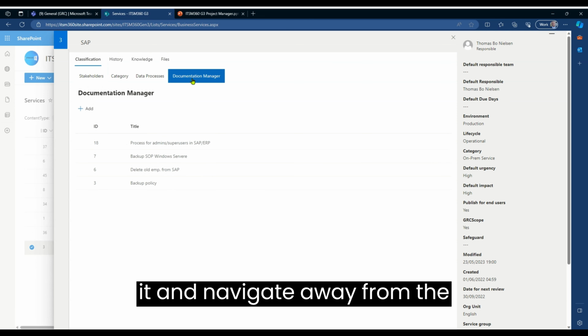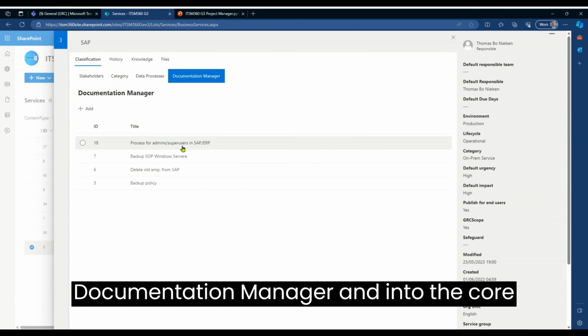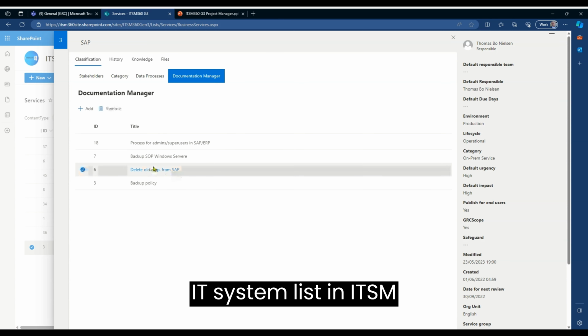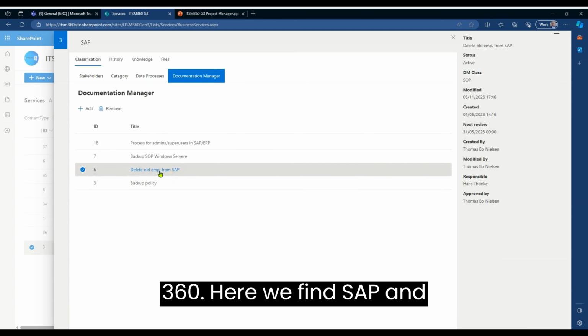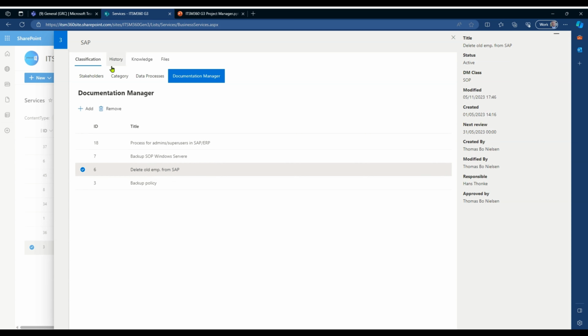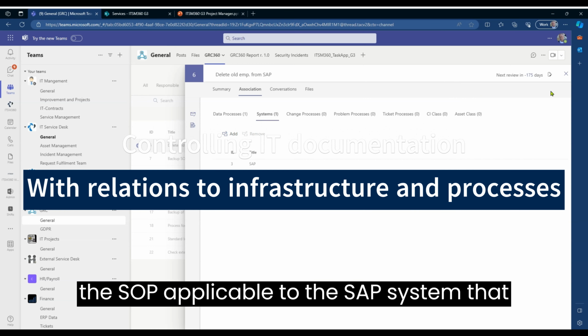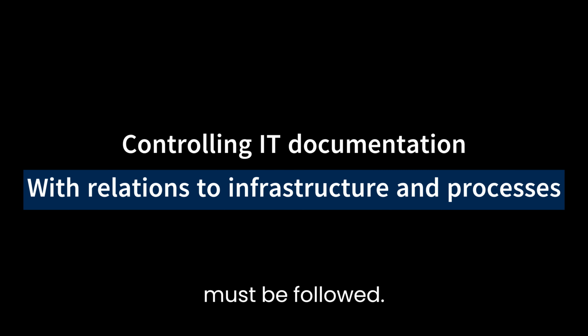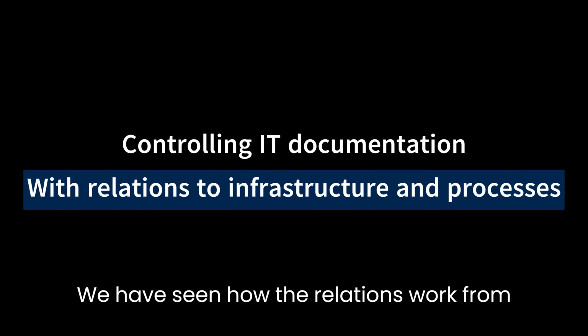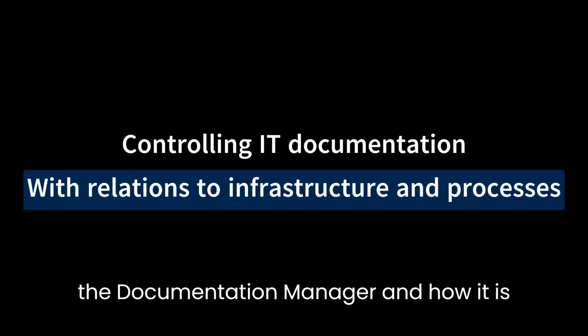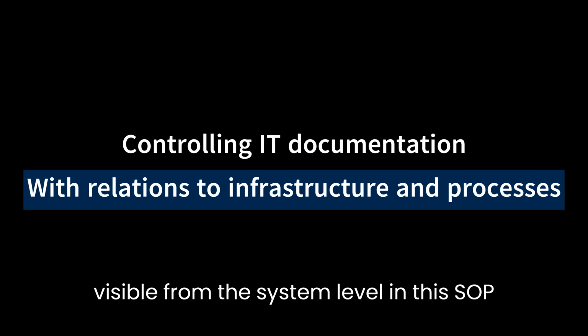Let's prove it and navigate away from the Documentation Manager and into the core IT system list in ITSM360. Here, we find SAP and open the SAP record. From the IT system perspective, we see the SOP applicable to the SAP system that must be followed. We have seen how the relations work from the Documentation Manager and how it is visible from the system level